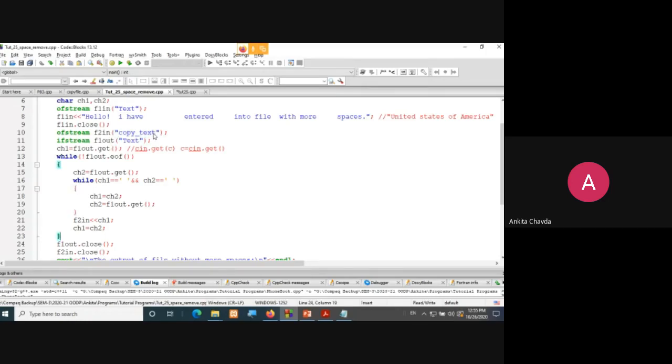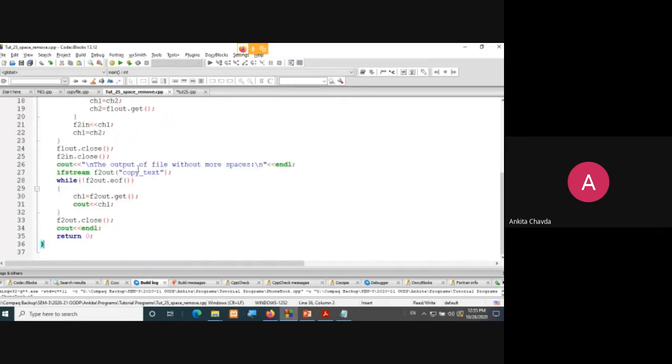So for that purpose, I have read my content over here. The output of the file without more spaces is like this, and I'll open this copy text file now in reading mode, right? I have taken ifstream. So I'll simply read the content of copy text. I'll read character by character, that ch1 is equals to f2 out dot get.